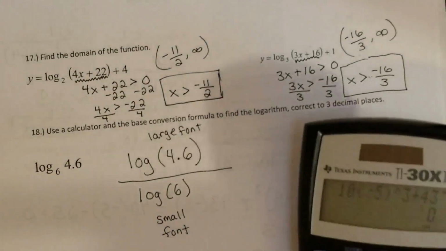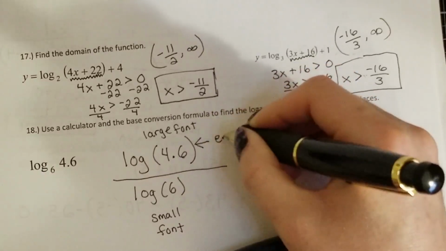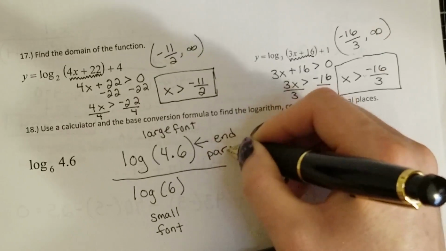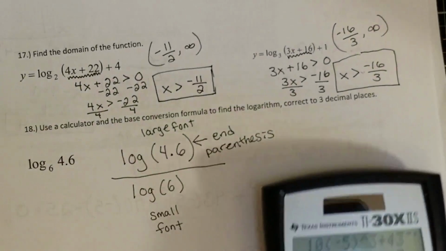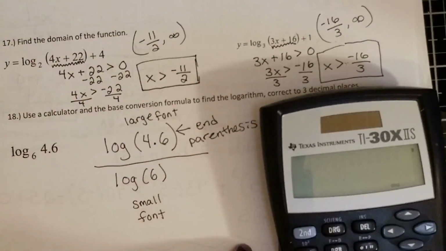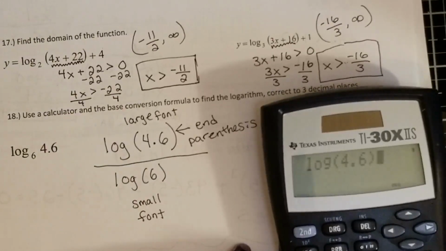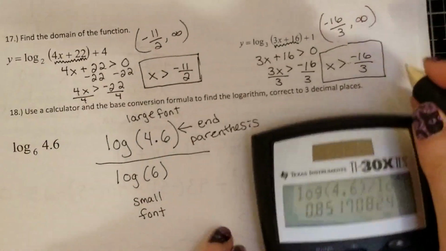Okay, and then you have to make sure that you end this parentheses. If you're going to get this wrong, that's probably why. So you must end the parentheses when you're typing this in. Okay, so you're going to hit your log button. So that's up here. So log 4.6, end the parentheses, hit the divide button, log of 6. And that gives you